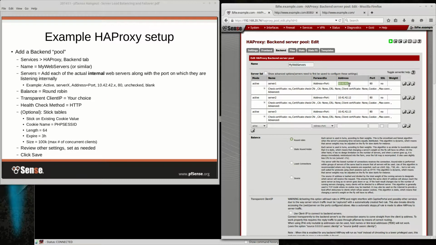And here's the actual IP address of the web server, and then the port it's listening on, which can be different for each one if you want. There's a checkbox saying whether or not that's doing SSL, and a weight, because you can do weighted balancing in HFProxy. So if you've got 3 servers and one of them is really powerful and the other 2 aren't so much, you could weight it so that more connections go to the more powerful server if you like.